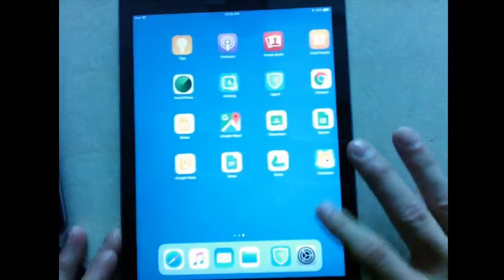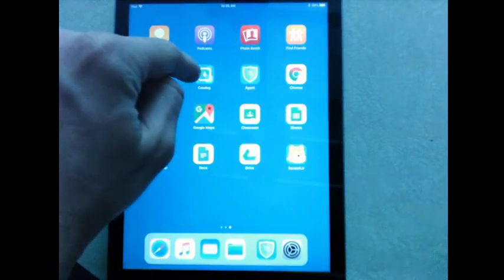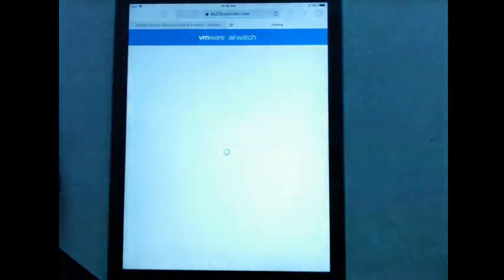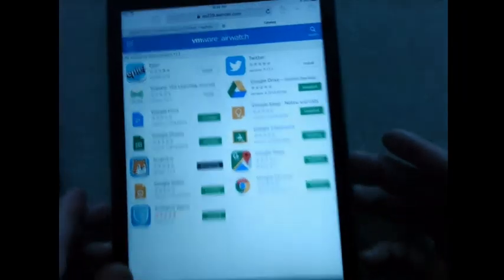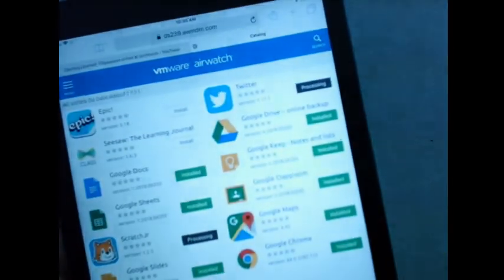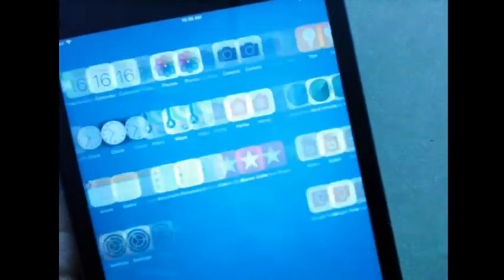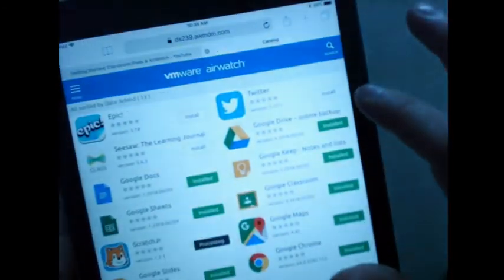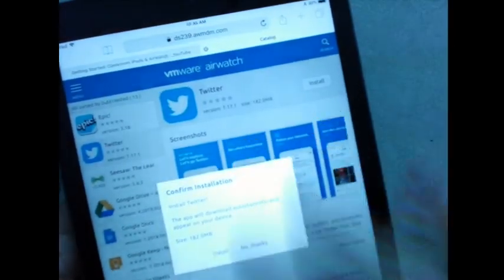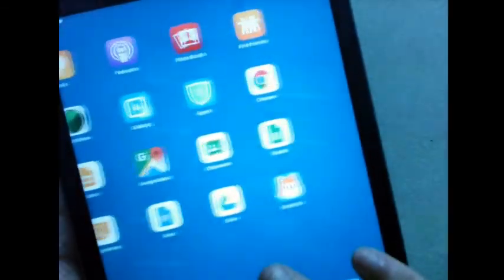And as I showed you, I also put Twitter on there, but I didn't force Twitter on here. So Twitter's not being deployed to any of these iPads automatically. But what I did do is I made Twitter an optional app. So if I go into the catalog, I should see now that Twitter is there with a gray install button. And if I tap install and install, of course, it never works the first time. Install, install, install. Okay, says it's processing. Oh, come on.